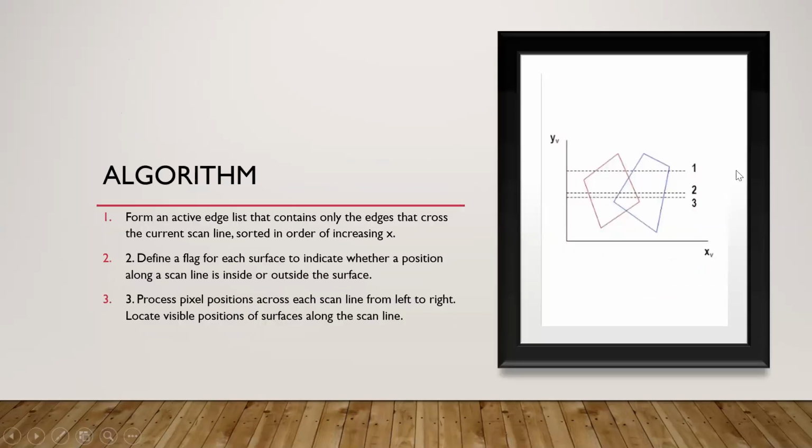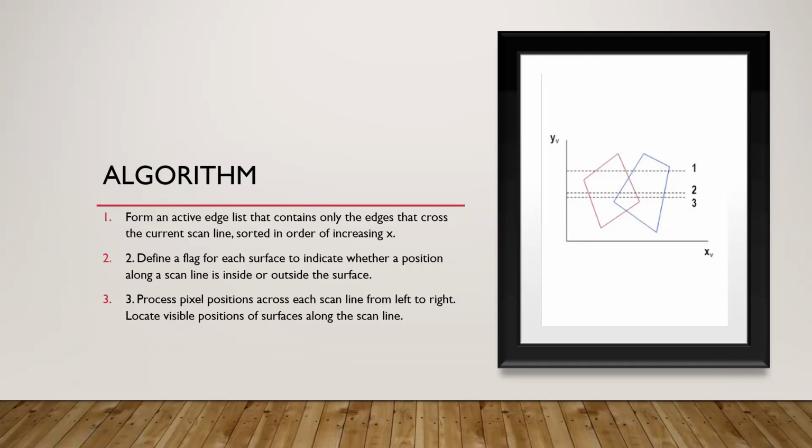So as you see in scan line 1, the red object is going to be on at one particular point of time, because scanning takes place from left to right. And when it exits the red object, it becomes off, and the next surface, the blue surface, becomes on at another point of time. But when you look at scan lines 2 and 3, the flags of both the objects will be on at a particular point of time, because both the objects are overlapping. At that time, you are going to calculate the depth of each surface to find out which surface is in front of the other object.